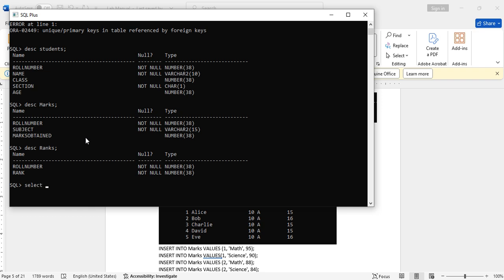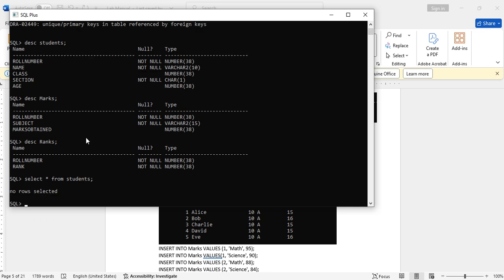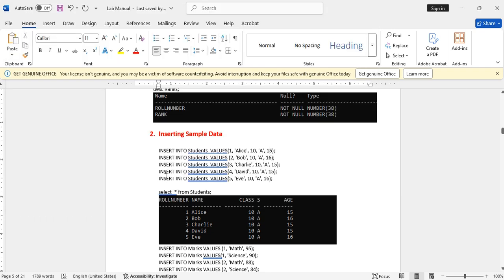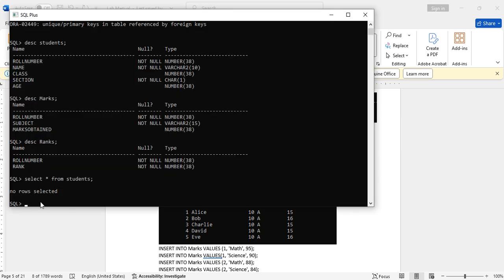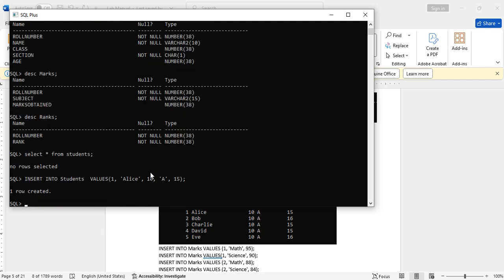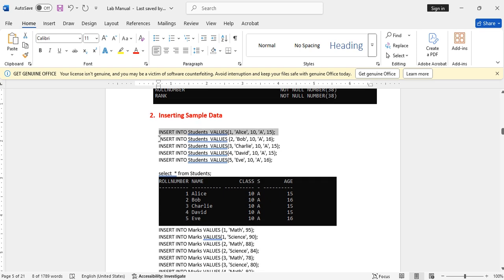Select star from students. There is no data inserted, so I will take this data, copy it and insert it here. Yes, row inserted. Then the second row I will insert,